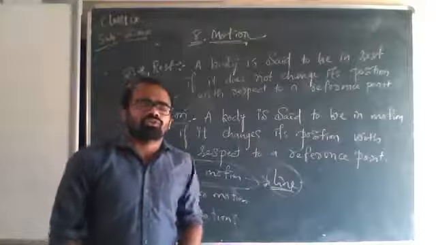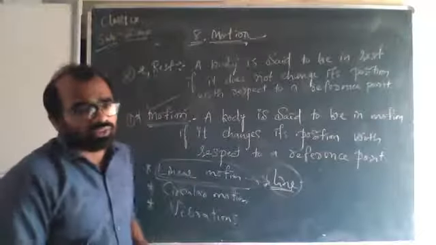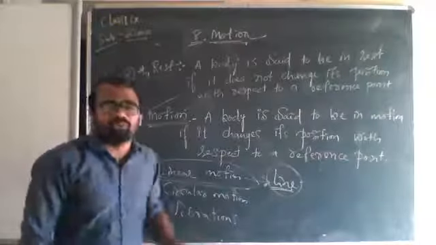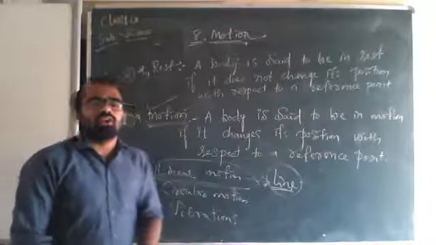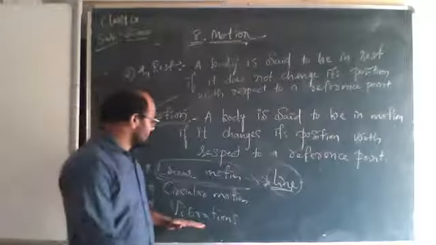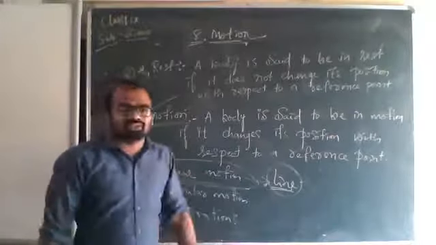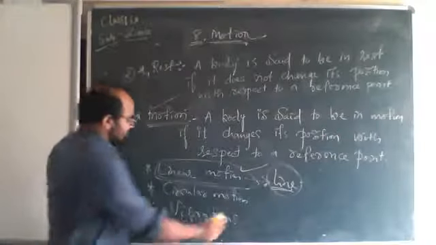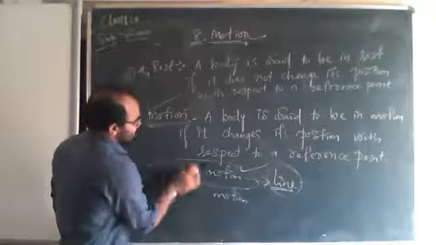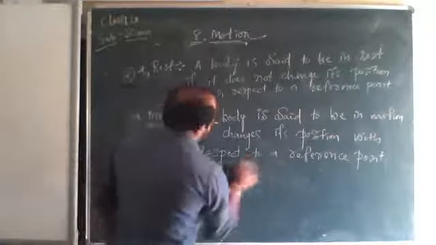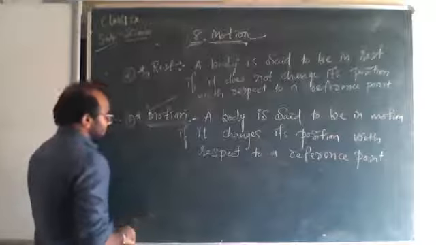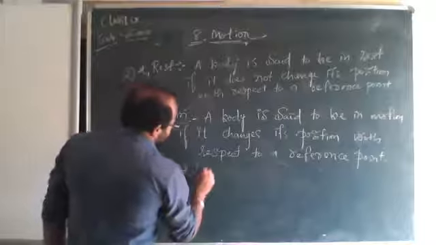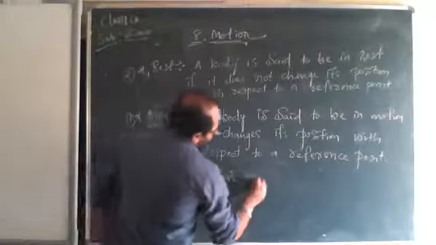Or if you take the wave concept, if the motion takes place along the mean position of a wave, then we can say it is a vibration. You don't worry about vibrations. Linear motion and circular motion you understand, and mainly you understand linear motion, which is there in your syllabus. What is linear motion then? If the motion is along a straight line, we have to say this is linear motion.